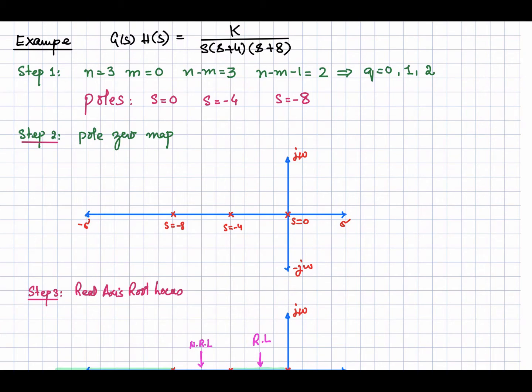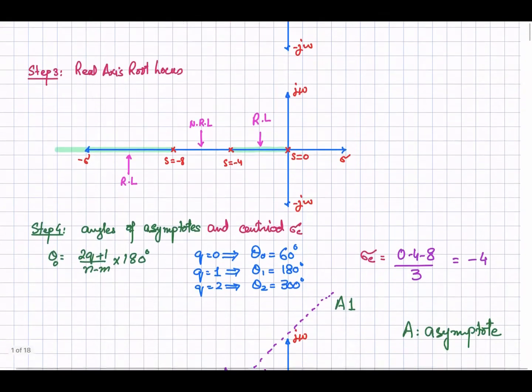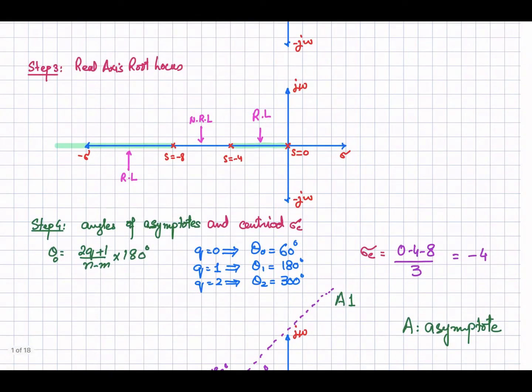Okay, now we determine which part of the real axis is the part of the root locus. So what was the rule? If we select one point over the real axis and look towards the right, if there is an odd number of poles and zeros, then that part is the part of the root locus. So if we select a test point over here, you can see only one pole, so it is an odd number. It means this portion of the real axis is the part of the root locus.